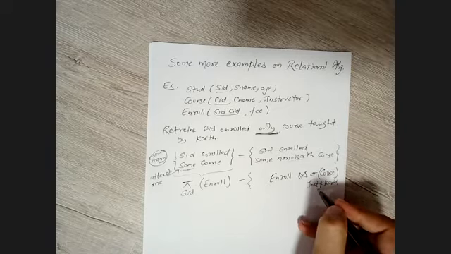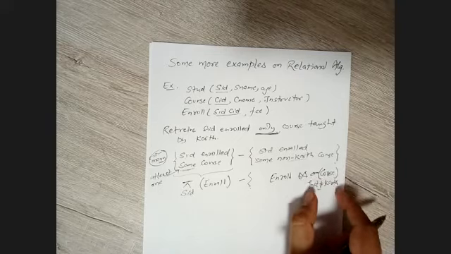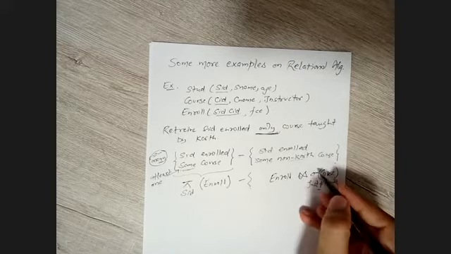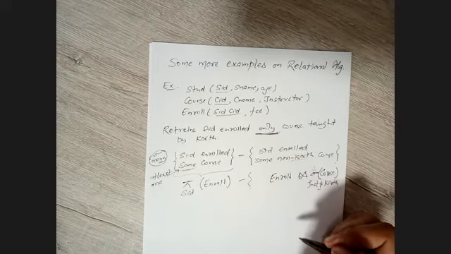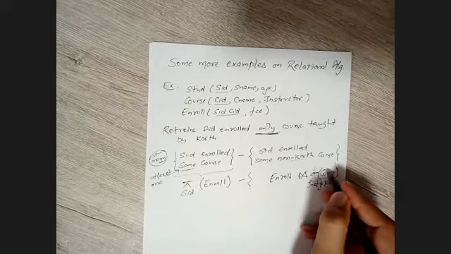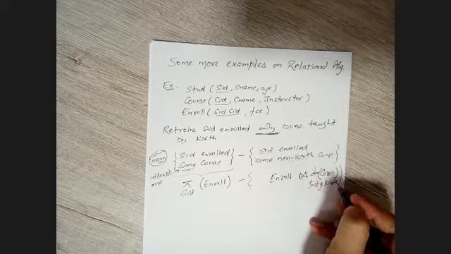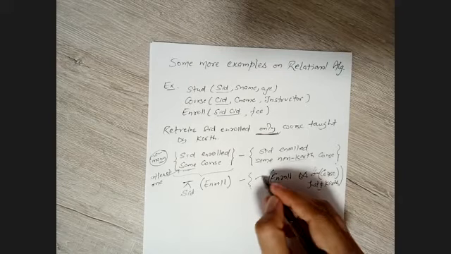Because this condition is on the selection operator, we will fetch those rows here. We have already seen the selection operator works on rows, or say the tuples technically. Then whatever we get from here, we will do the natural join with the enroll table, and after that we will simply project SIDs.